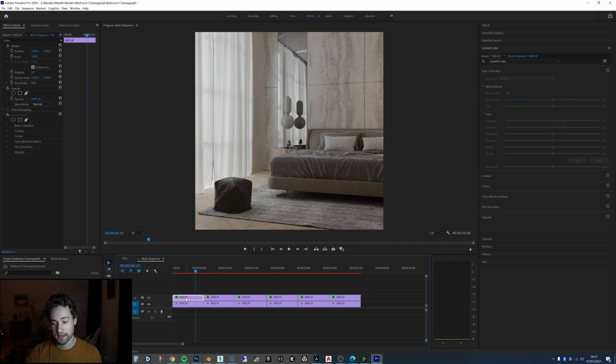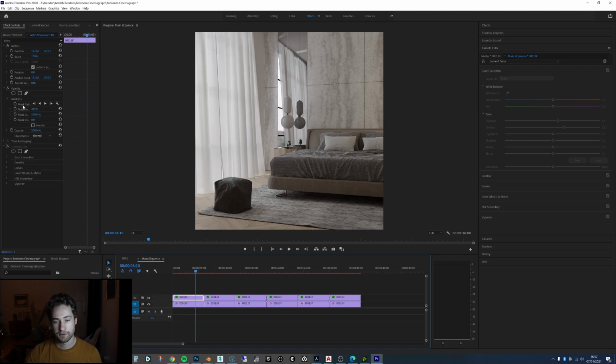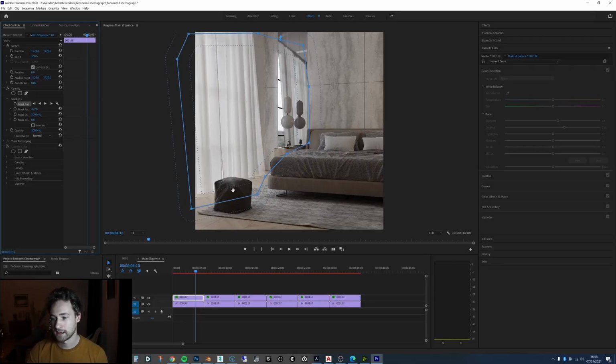So what I did was create this one over the top, and then I created a mask here. This mask just highlights the only part of the image which is moving, and then the rest is going to be completely static. So if you actually look at the video of this, you'll be able to see a little bit of grain over the top of this cushion, which was fine for this case. I could have even cut this out if I wanted to, but that was fine. I then added a feather onto this so that it blends nicely and it's not just a complete cut.